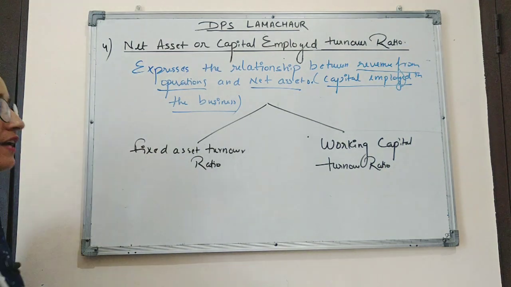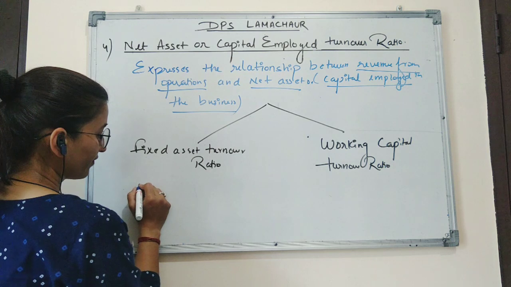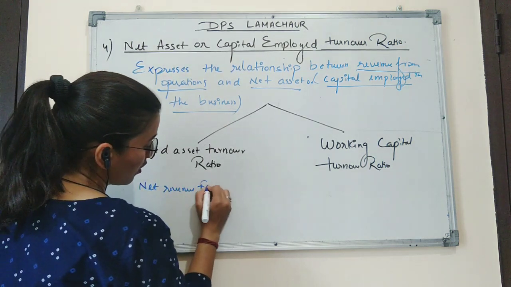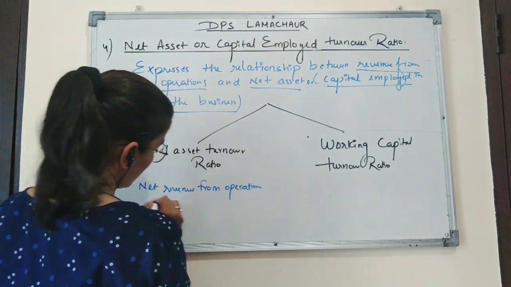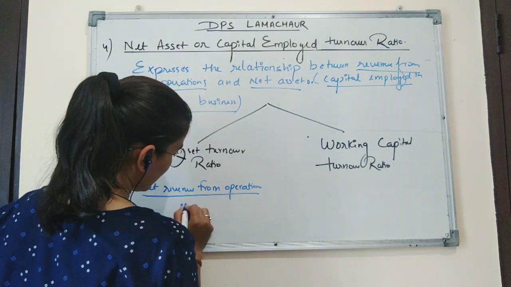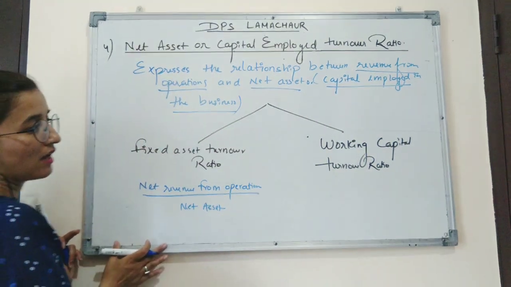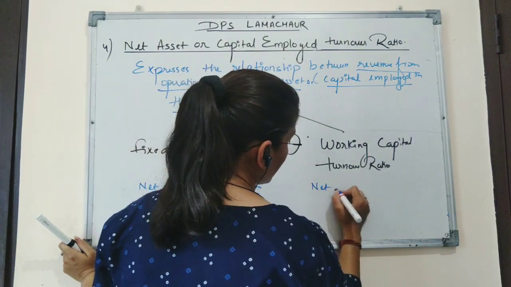So the formula for calculating the fixed asset turnover ratio is net revenue from operations divided by net asset, and the formula for calculating the working capital turnover ratio will be net revenue